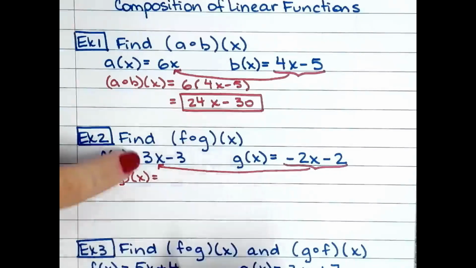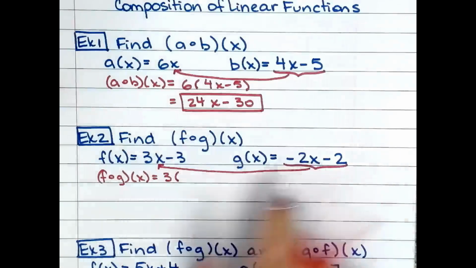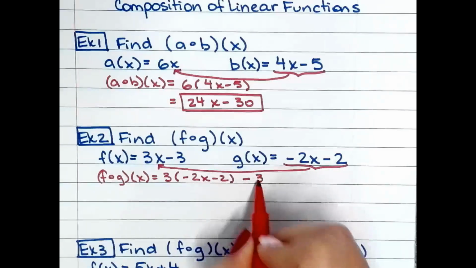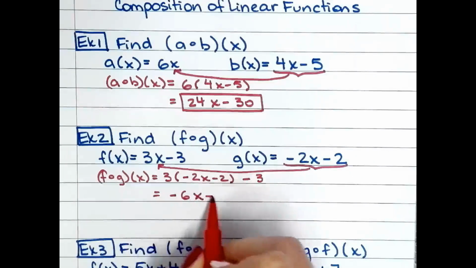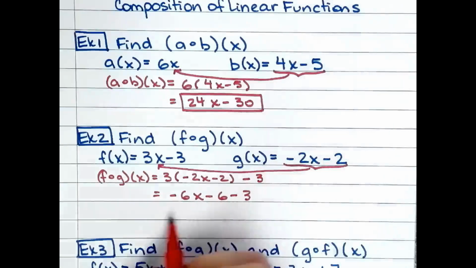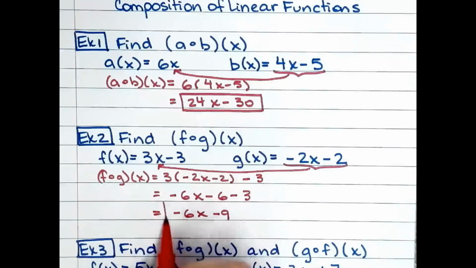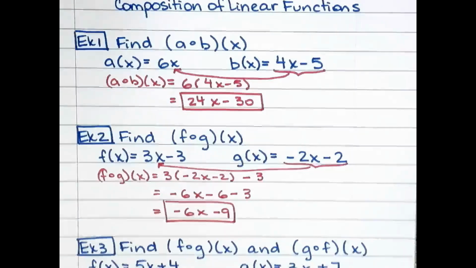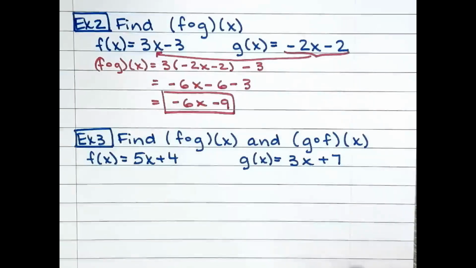I have the function F, so 3. Now I substitute negative 2x minus 2, and then minus 3. Distribute. Simplify. It's not too bad. Now the next one, I want to do both, so you can notice the difference